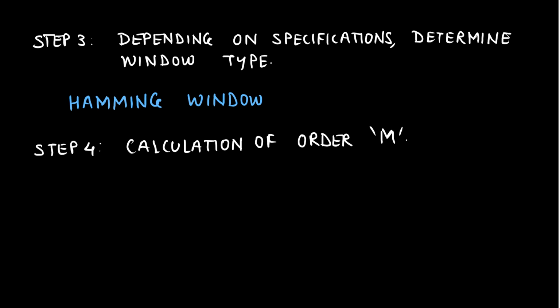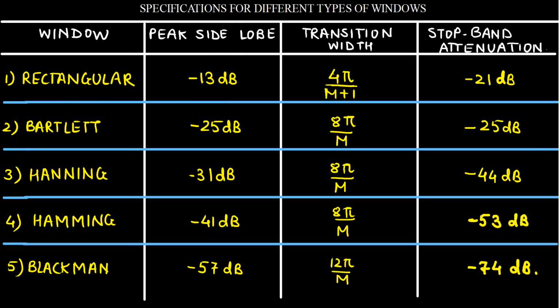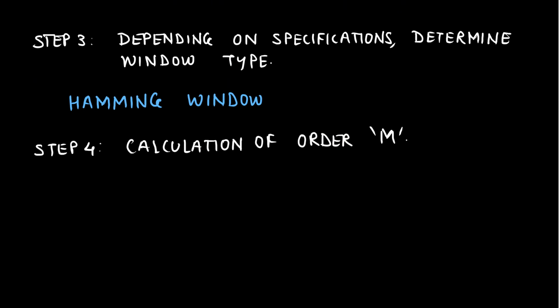And for finding the order we are going to use the transition width for the Hamming window. The transition width, delta omega, for Hamming window is given as 8 pi